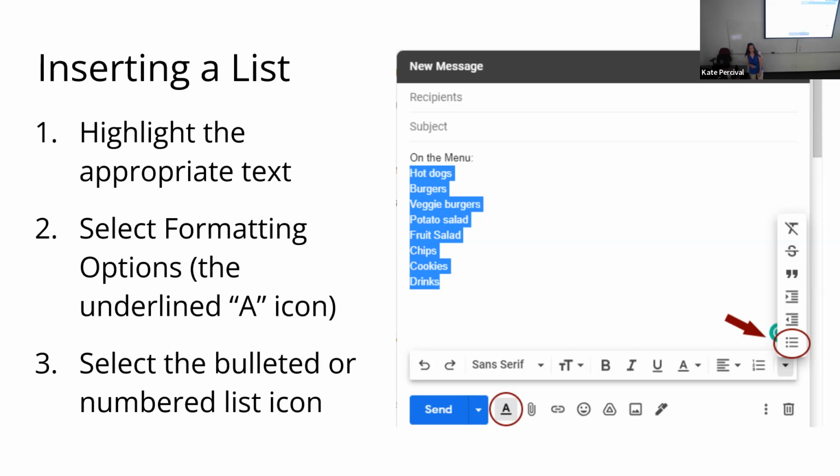Bullets and numbers as far as lists go. Main difference, bullets are an unordered list. It does not matter the order that the things are supposed to appear in. Numbers